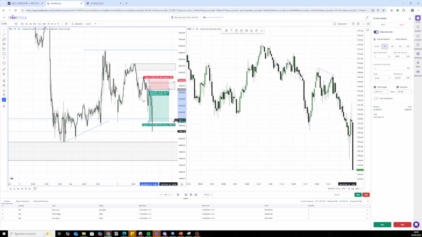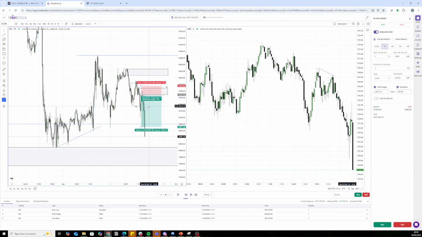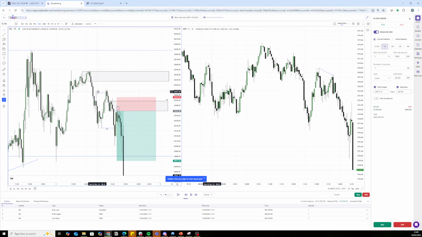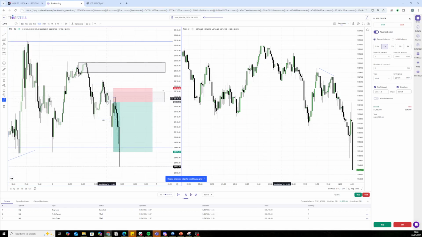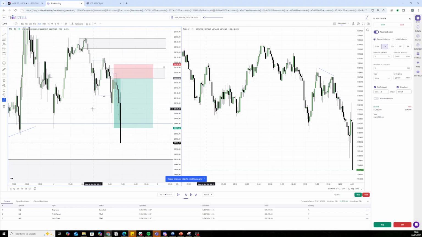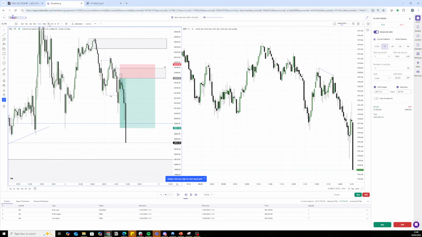Let's see. So now, as I said, I was looking for sells there, right? And what caused that move to happen? We took out this high, we tapped into this fair value gap here, we made a change of character. The change of character was caused by this order block. We tapped back into the order block and then we sold off. All right, so